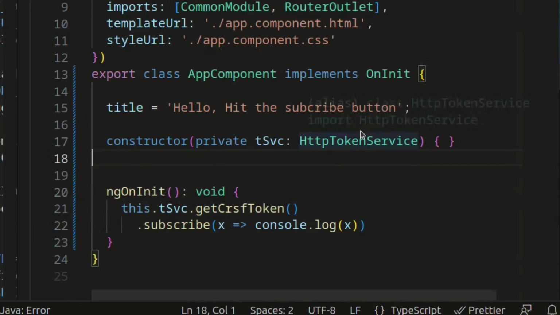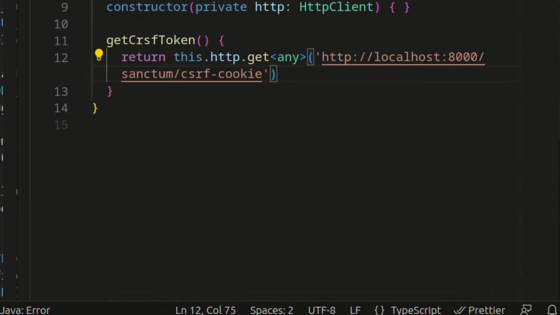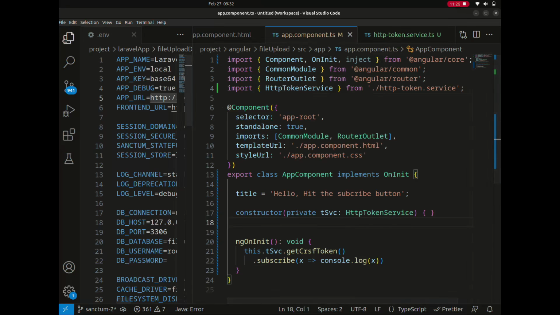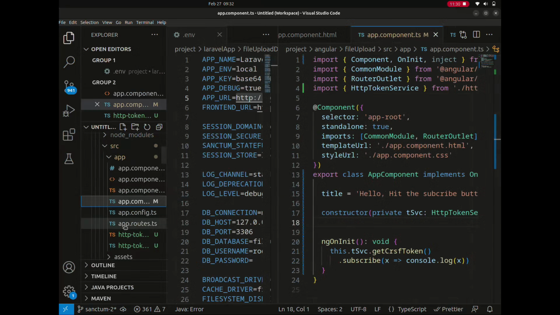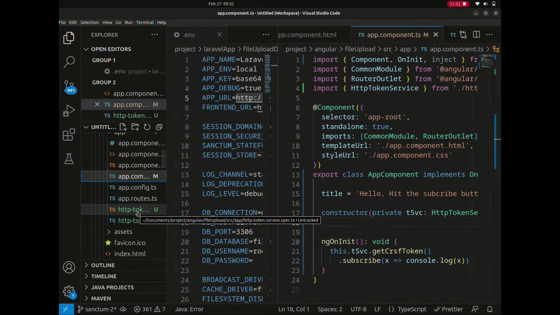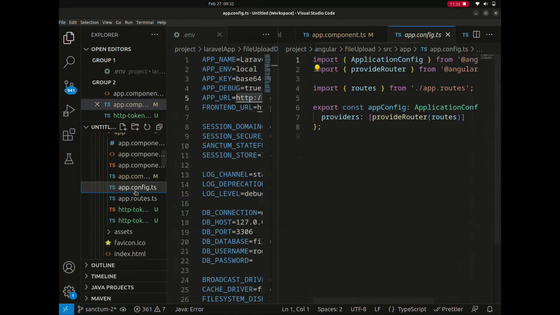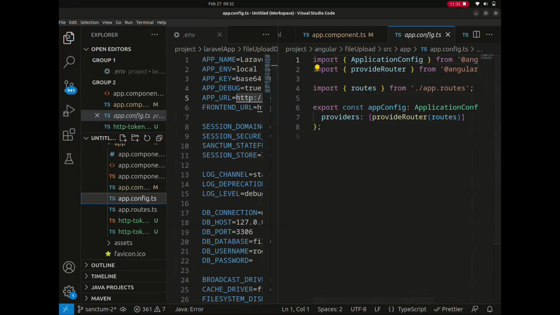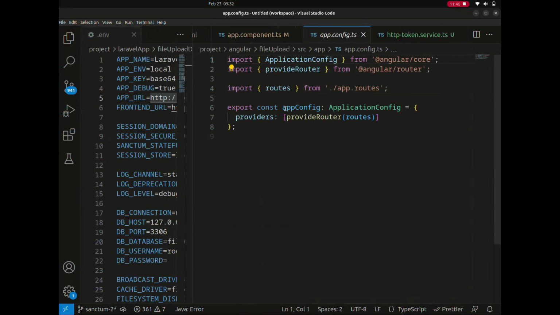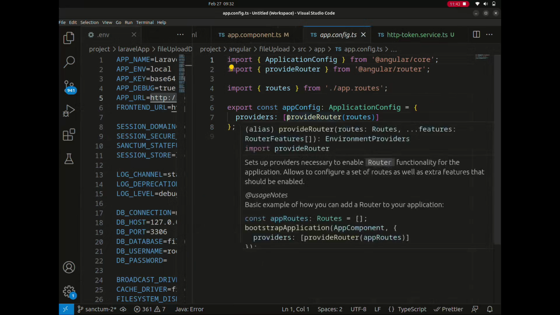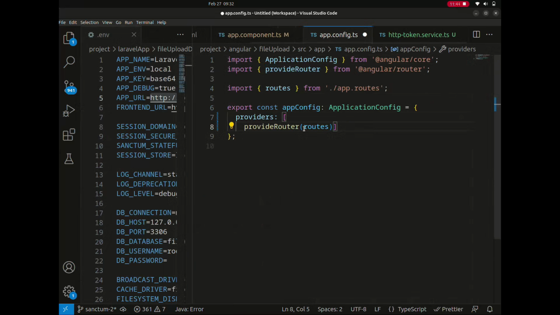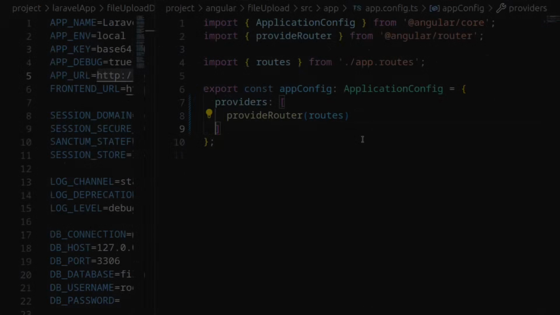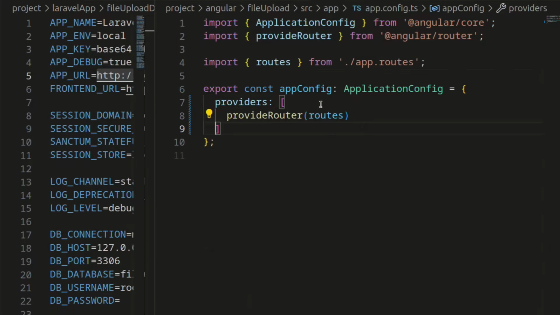Then finally, the last thing we'll be doing is, because we just created our service, but we have not really tied it to our application. In Angular 17, things work a bit different here. So to do that, you head over to your app component, app.config file, which is this app.config file. And there are a few things we'll be doing here, which I'm going to be showing you in a moment. So in your provider list, you